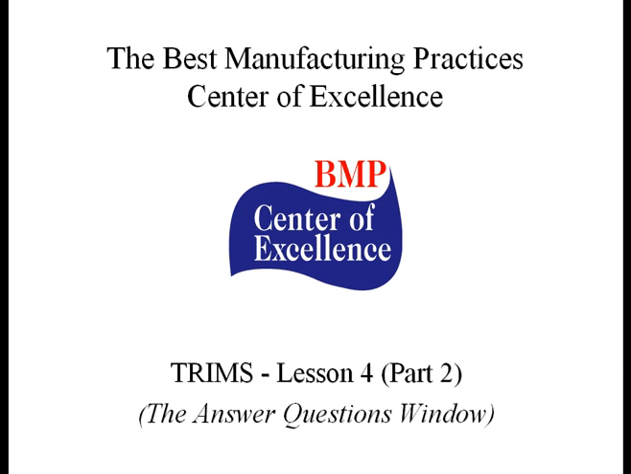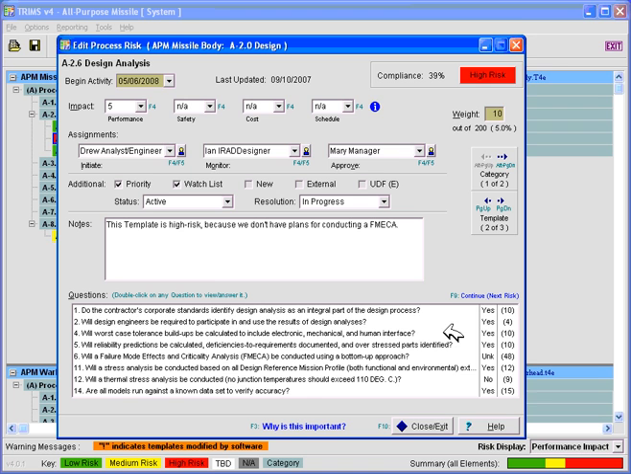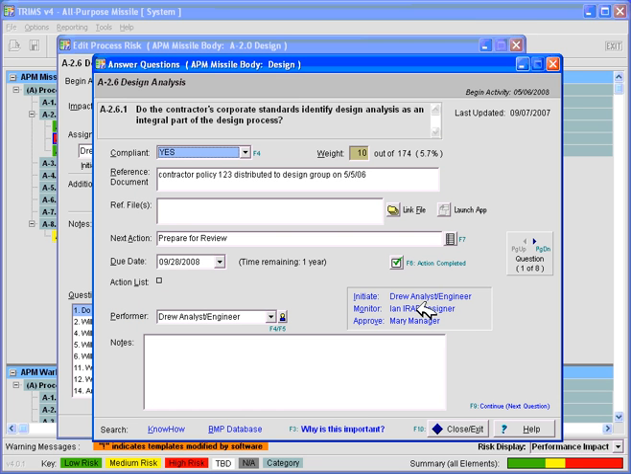Now let's look at the true heart of the TRIMS methodology, which is the questions that make up each template. The Answer Questions window allows you to look at each question individually. The first thing you'll see is the question number and the text of the question itself. This will be phrased in either future tense or current tense, depending on whether we are before or after the